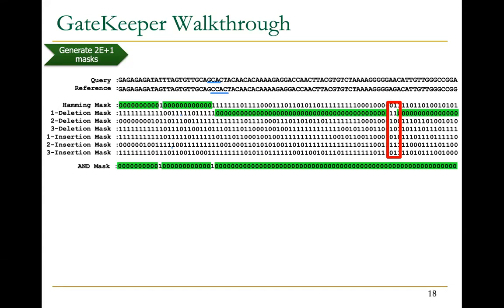And that might cause what we call a false positive or false accept. So you accept the wrong sequences. They have a high number of differences, but because of the AND operation, you underestimate these numbers, and then you accept these pairs. As you can see here, we got no ones,